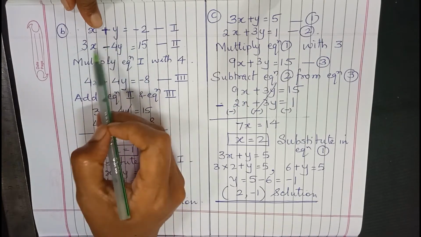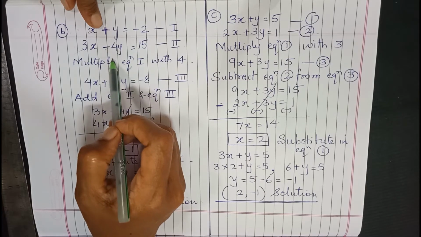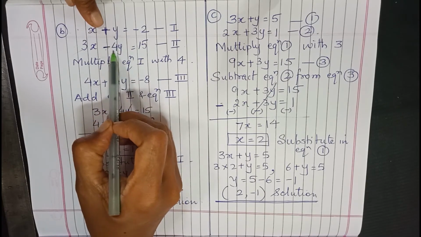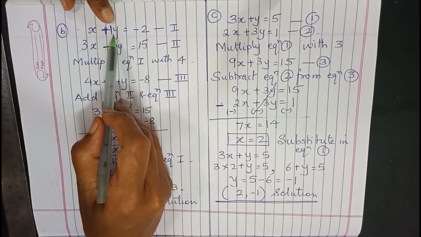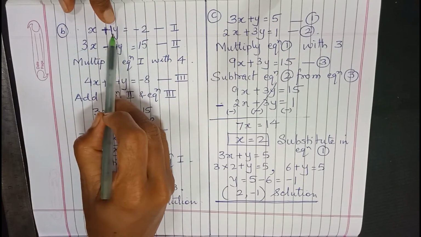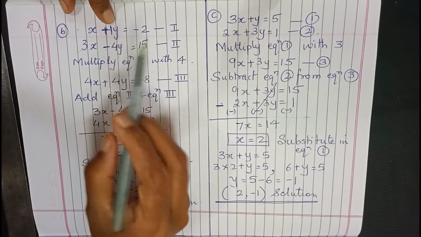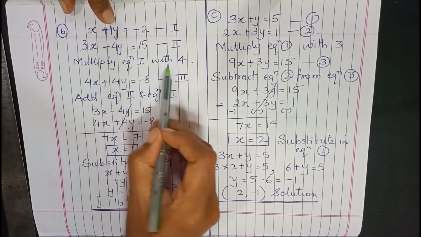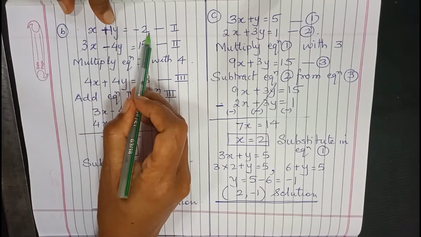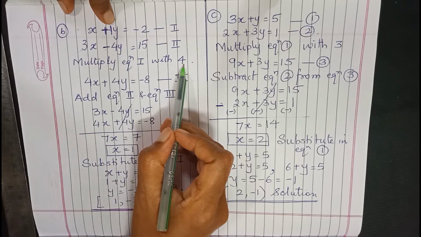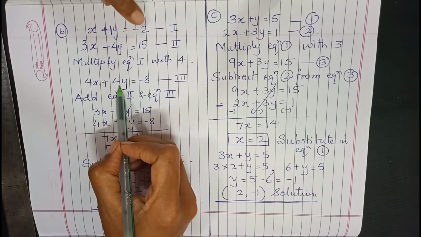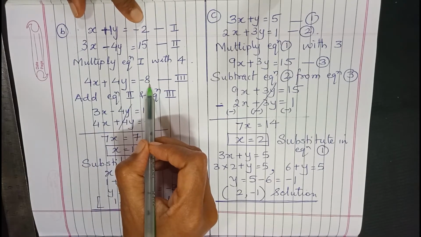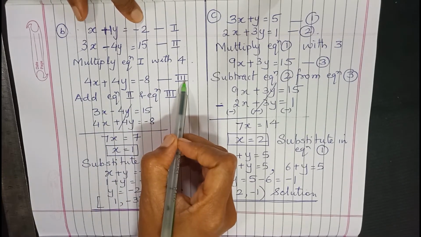But to add it and eliminate, the coefficient should be the same. So here there is minus 4, but there is 1 here, right? Wherever there is nothing, there is 1. So what we have to do is, here we will have to make this coefficient 4. And how do we do that is by multiplying equation 1 with 4. Each and every term of equation 1 will be multiplied by 4. So we get 4x plus 4y is equal to minus 2 into 4, which is minus 8. And I give it equation number 3.